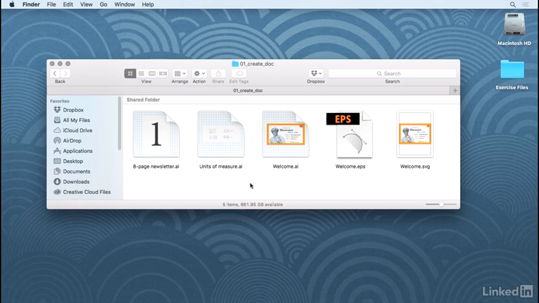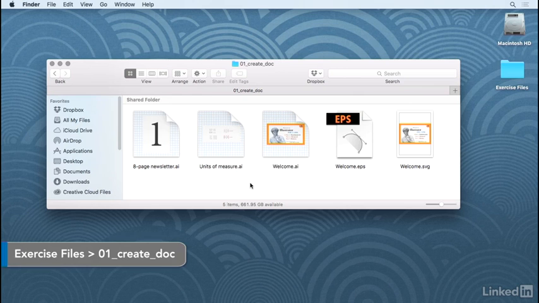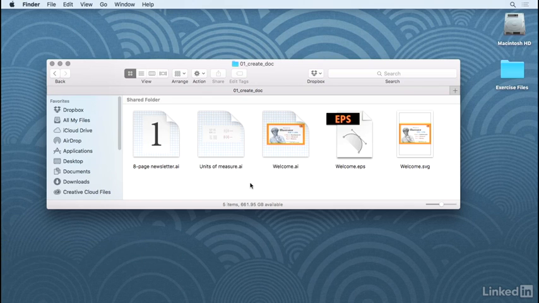So currently, I'm looking at the contents of the 01 Create Doc folder, which is available to those of you who have access to the exercise files that are included with this course. I'm also looking at the thumbnail view, which you can get by clicking on this first view icon up here in the toolbar. Now notice, in addition to these other files, we have 3 files that are called welcome.ai, welcome.eps,